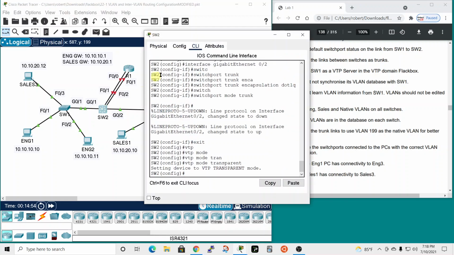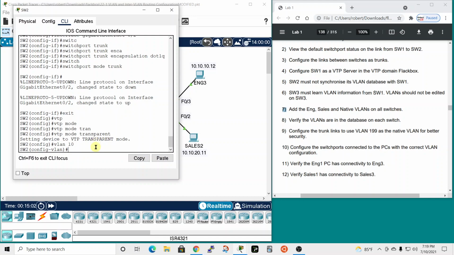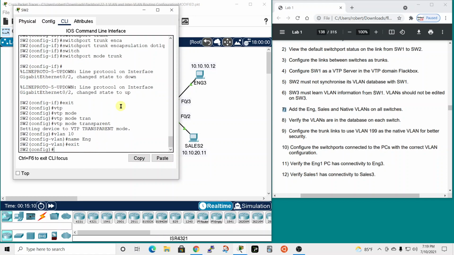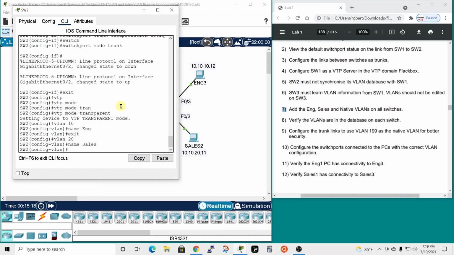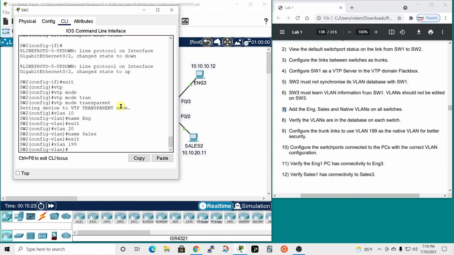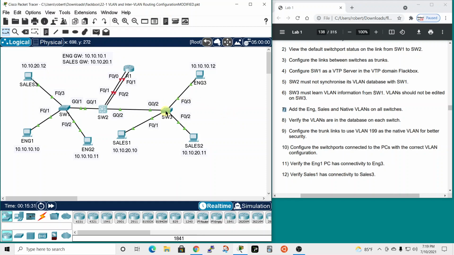We have to add them to switch 2 because it's not going to learn them from switch 1. At switch 2, we're going to do the same. We're going to go with VLAN 10 for engineering, and give it a name of engineering. Hit enter. We also need to do the sales VLAN, which is VLAN 20, and name it sales. And we need to set up the native VLAN as VLAN 199, and the name will be native. That should be it, because we don't need to set these up on switch 3 because it'll learn them